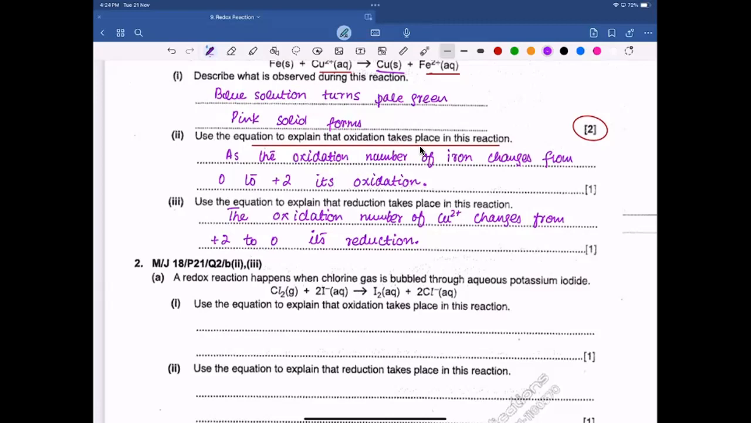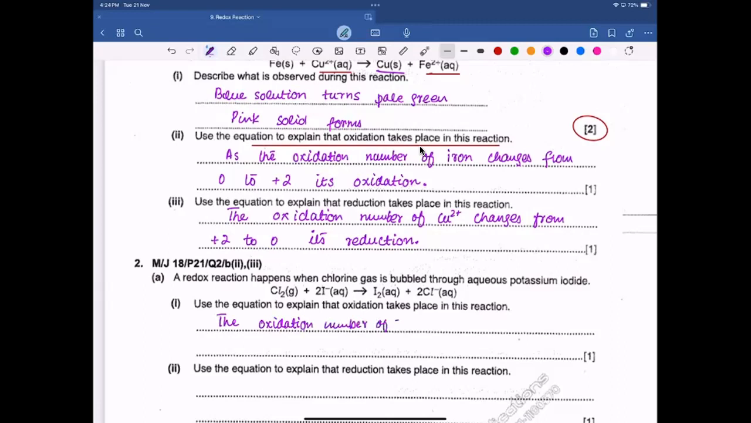So we have to explain the oxidation using equation. So we can say that the oxidation number of iodide increases from -1 to 0, right? So the oxidation